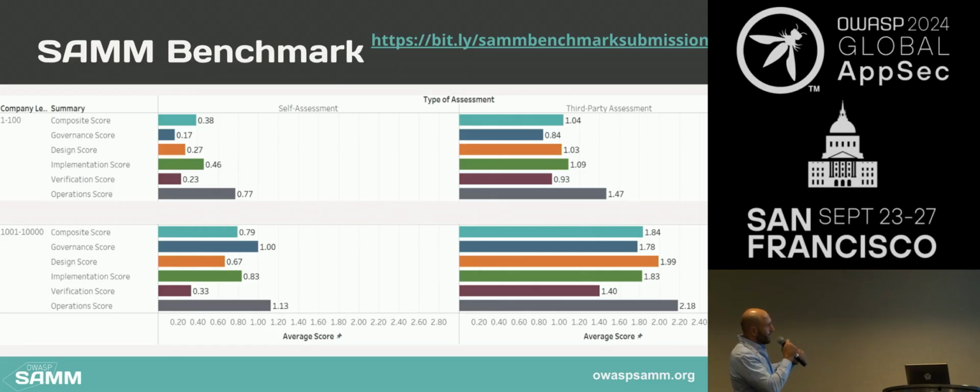Moving on, once again, a split now per type of company. So the top part is self-assessment, third-party assessment for small companies. The lower part is for the large companies, and we pull the line at, so the small company is until 100 developers. A large company is between 1,001 and 10,000, and now you should ask me, like, what about medium